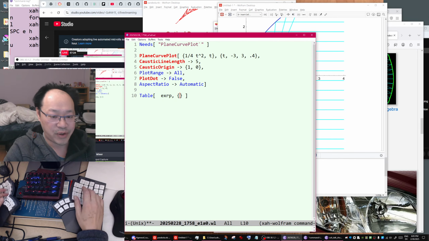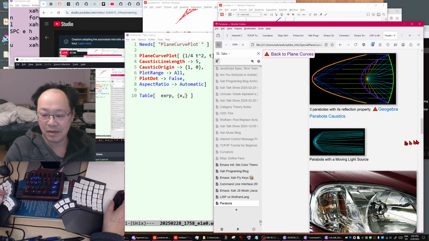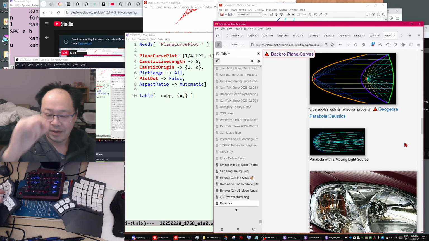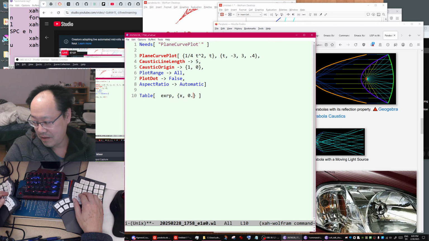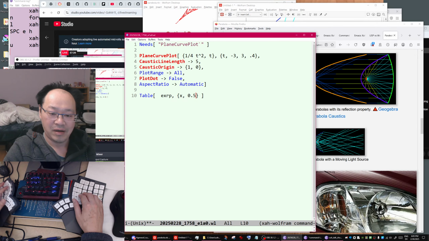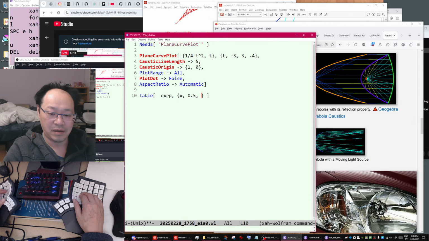So you want parameter x goes from, let's say, 0.5 to 1.5, in increment of 0.1.